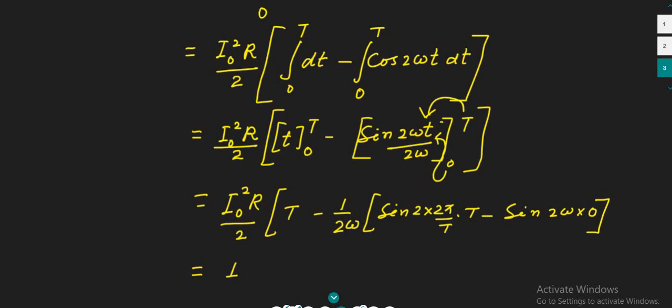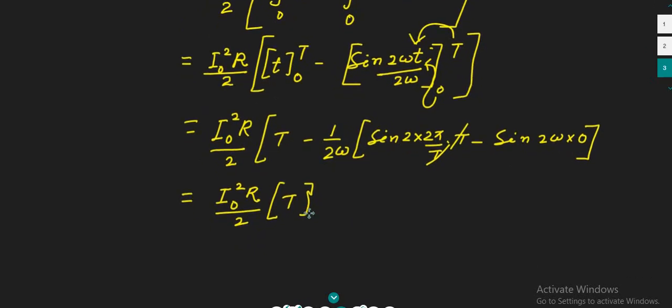Next you can write here I naught square R by 2, and T as well, and you can see here T and T cancel from the sin 2 omega T, so sin 4 pi. The value of sin 4 pi is 0, as well as the value of sin 0 is also 0. So it will remain the same thing, I naught square R by 2